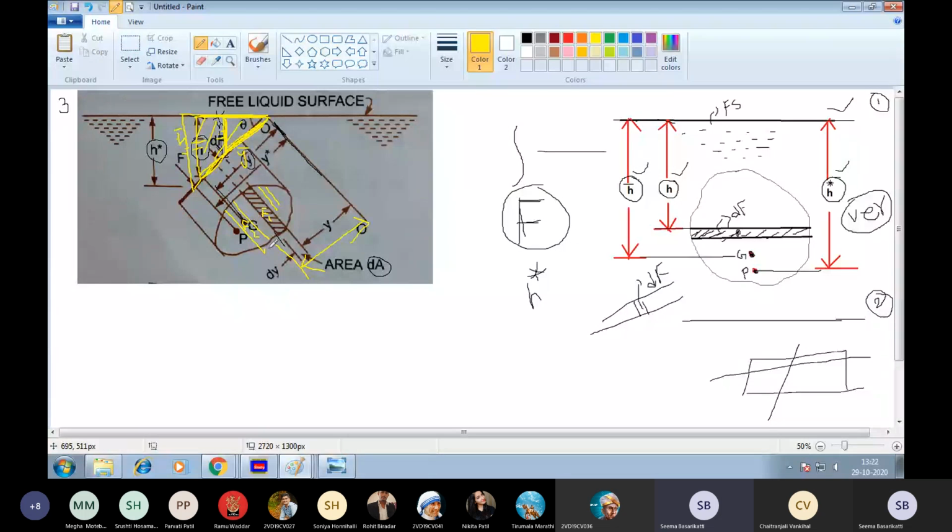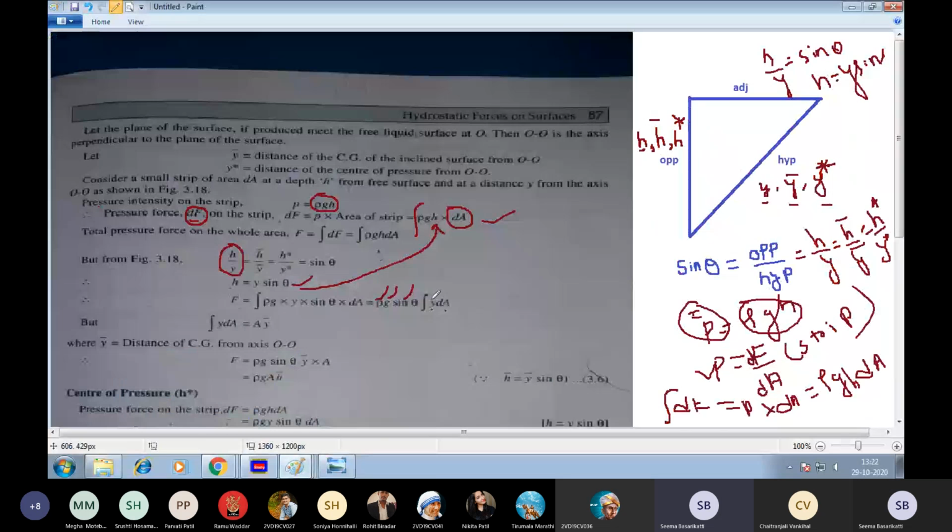Apart from that, you can see this is an irregular surface. It is not a perfect circle. It is an irregular surface. The area of this strip and the area of the second strip is not constant here. It is also going to change. So therefore, the terms y and dA are going to change. So therefore, integrating y into dA. dA is for a small strip. When you integrate, you are going to obtain A.